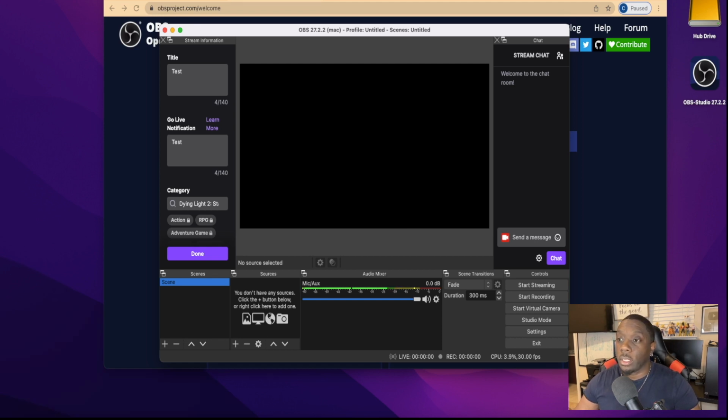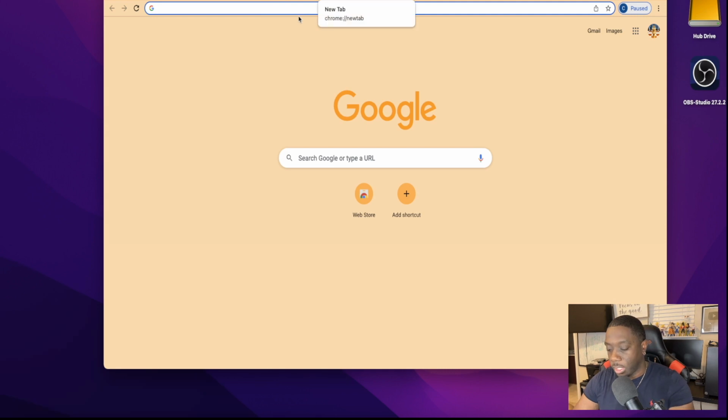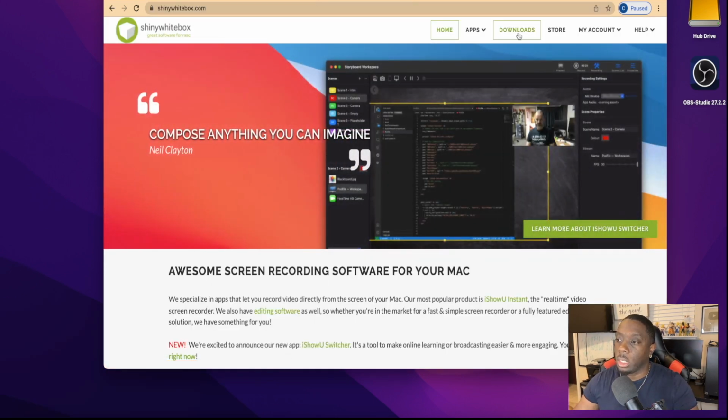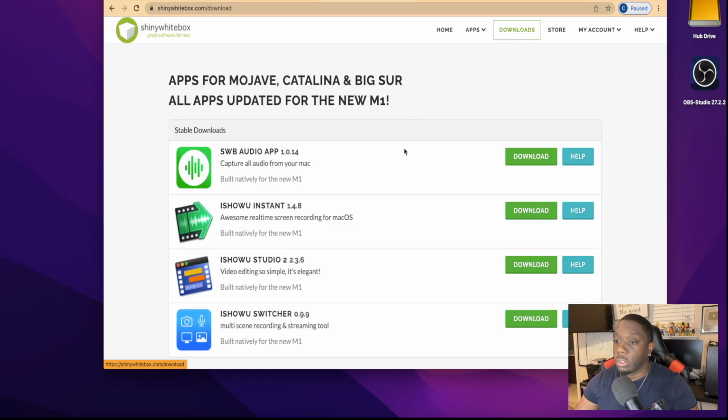But before we do that, we have to download one more thing that's going to give us the ability to record the audio on our desktop as well as hear us. All right, so let's click that plus sign. I'll show you. Now, when you go to the home page, you go up here to the top where it says download SWB audio app. So you click on that.